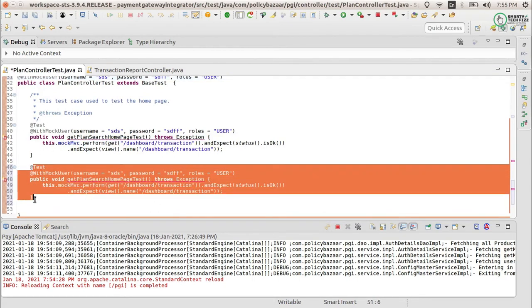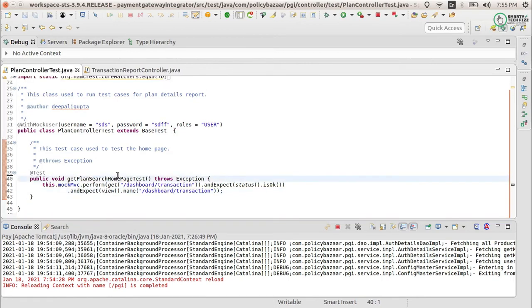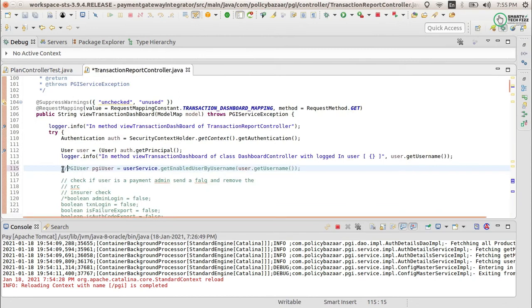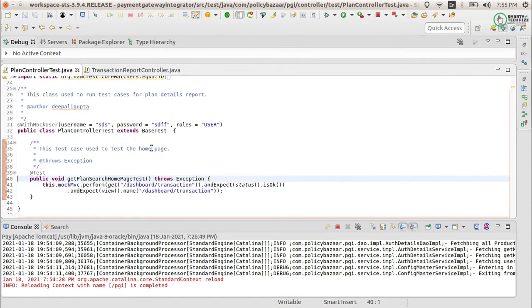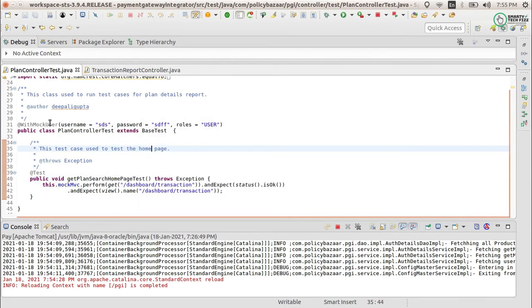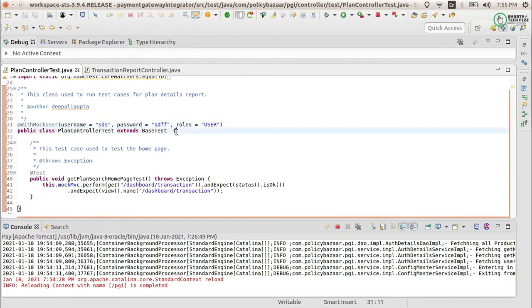Now you can see that I have provided the mock user at the class level. Now this mock user will be available for all the test cases you have written in this class.